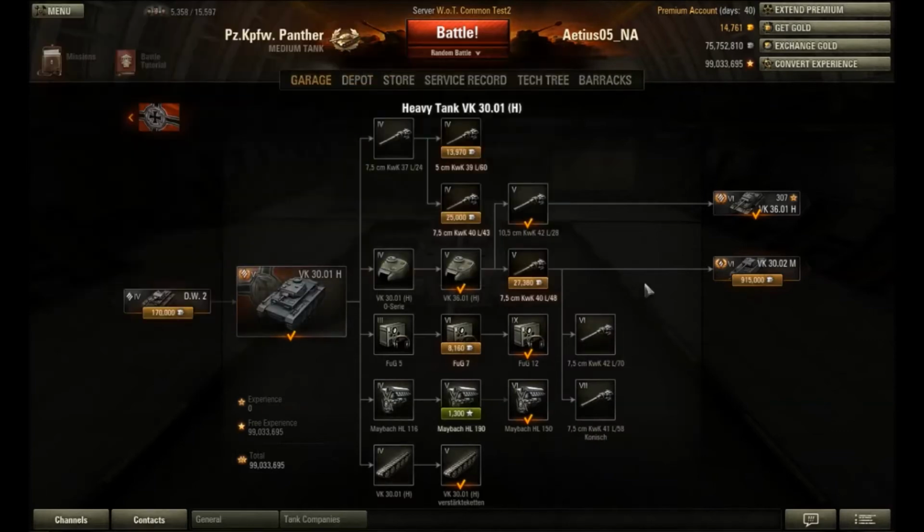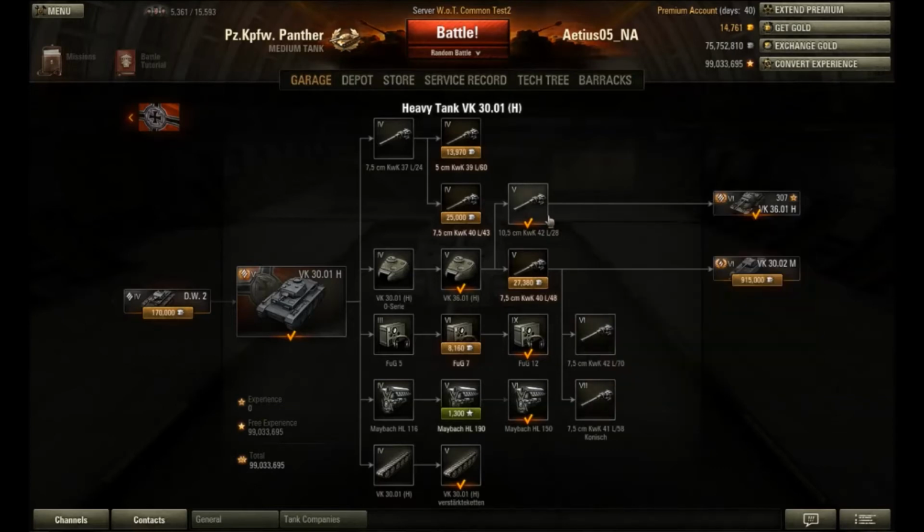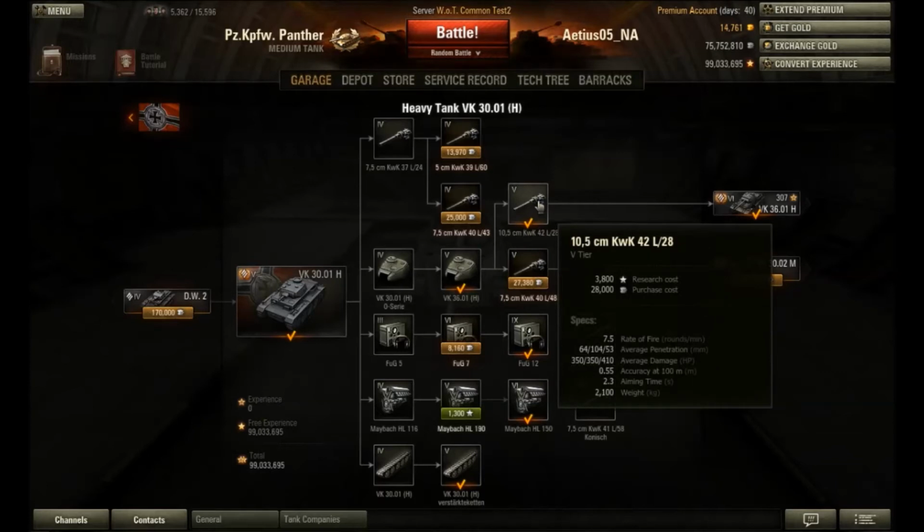As for the gun selection here, I'd say you have two main contenders. The Konish, if you want to snipe, or the 105 if you want to derp. I personally would stick with the derp because with these sluggish vehicles, you want to hit hard and get out of trouble. You just want to peek out, play your peek-a-boom, whatever, and wait behind cover as you reload,